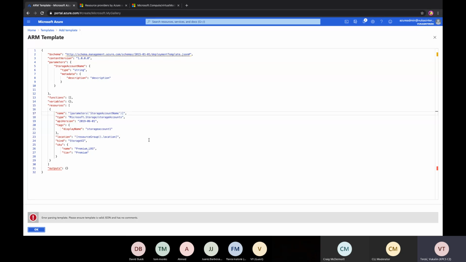So this is how you would use parameters, and when you run it, you will get the message saying, please enter storage account name, and this will be the message that will show. So that typically you would use the parameter name to be a little bit more descriptive, so you can easily